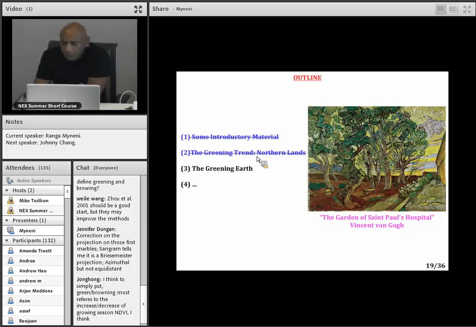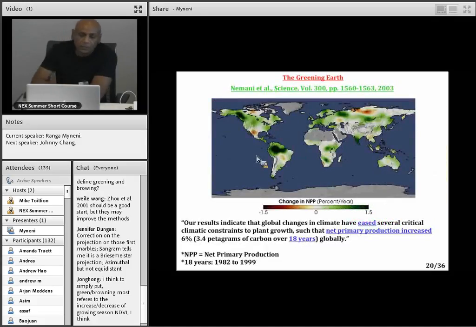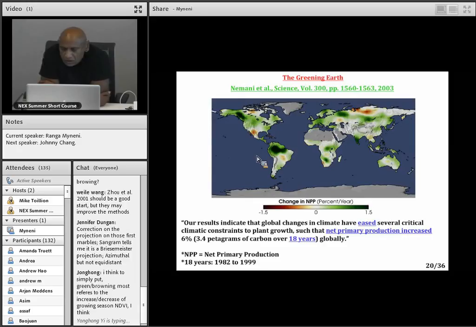Now, while the emphasis thus far has been on the northern lands, obviously the northern lands, because of the feedbacks, are where the warming is happening, and that's where the strongest signals of climate change are observed. But they can also be observed elsewhere, and so we look at the whole Earth now, not just the North, which is the second half of my talk. And there is this key paper by Myneni et al. in 2003,